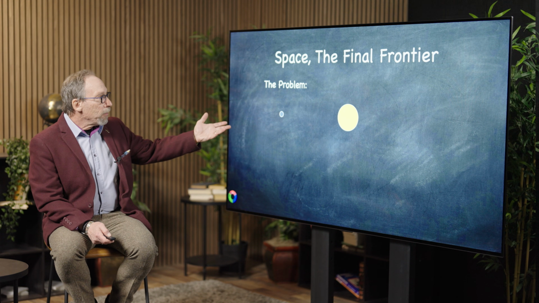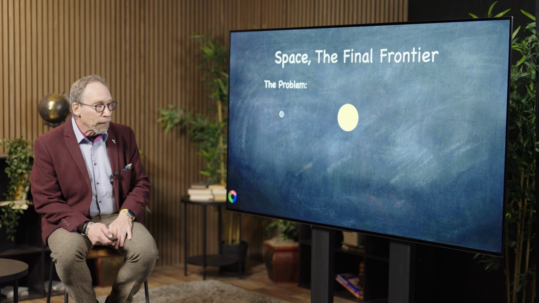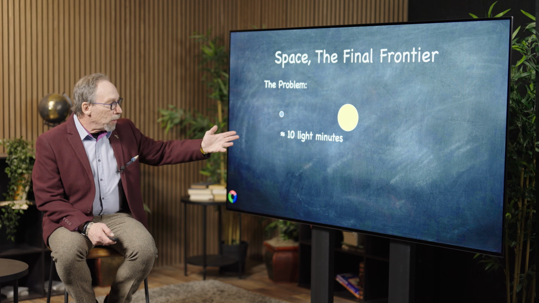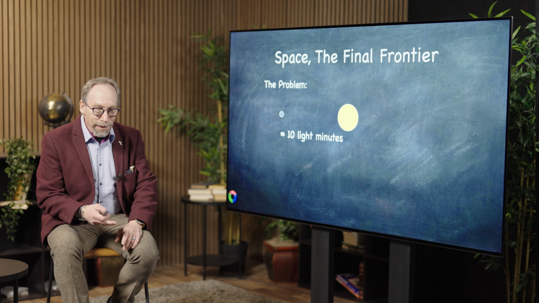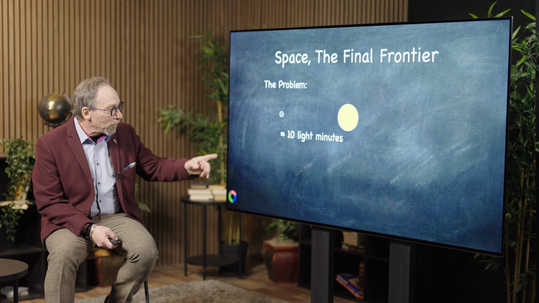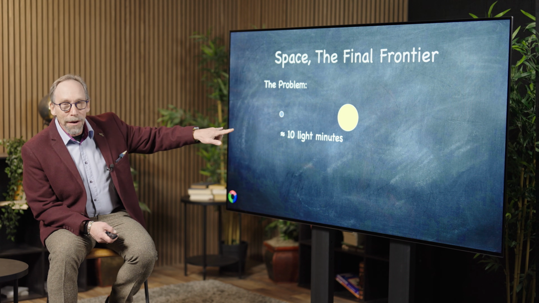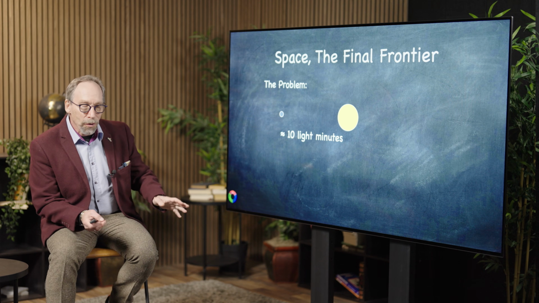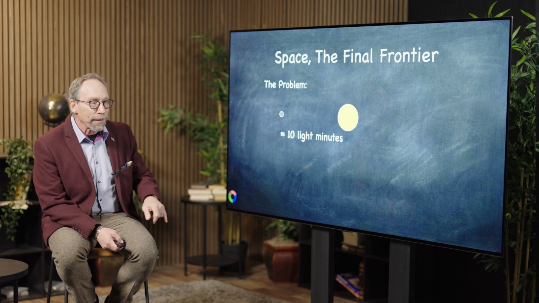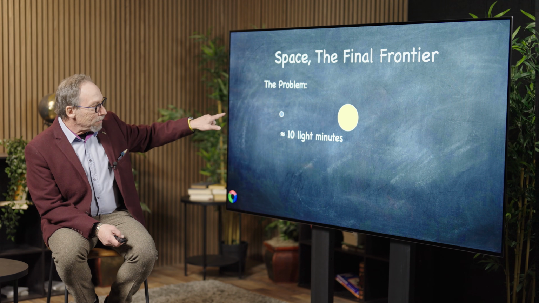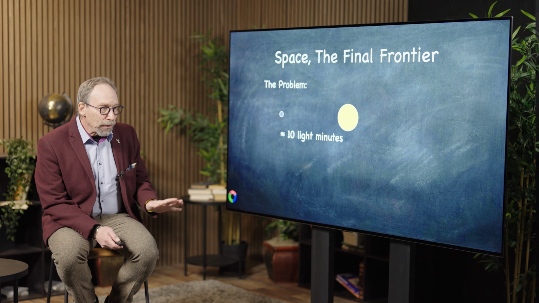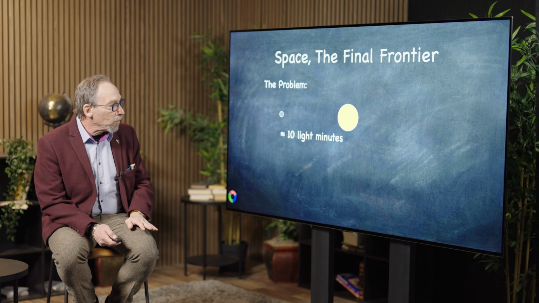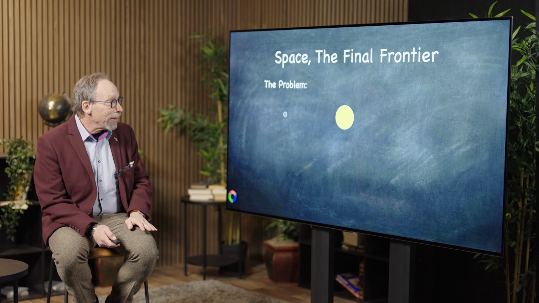Consider, for example, the Earth and the Sun here. In units that I would like to use, 10 light minutes, it takes about 8 or 9 minutes for light to get from the Sun to the Earth. And so that's a nice unit to describe distance when you talk about cosmic scales. Well, that's fine if I represent the distance between the Sun and the Earth by this kind of scale. In a linear scale, if I wanted to talk about the distance between the Sun and its nearest neighbor,